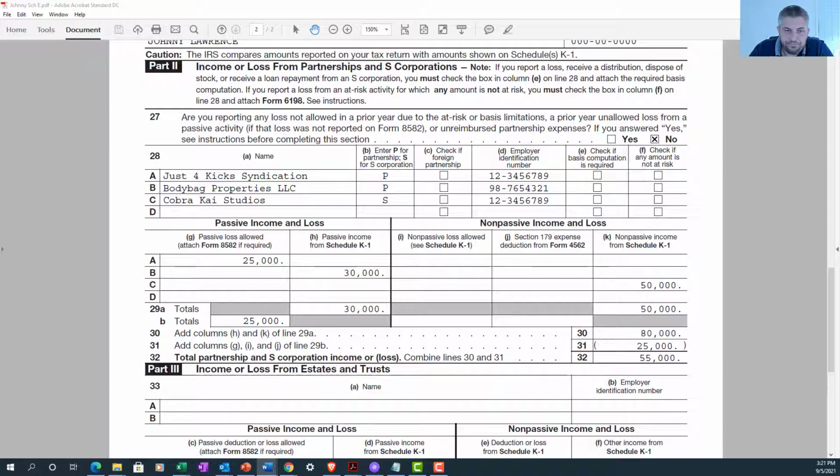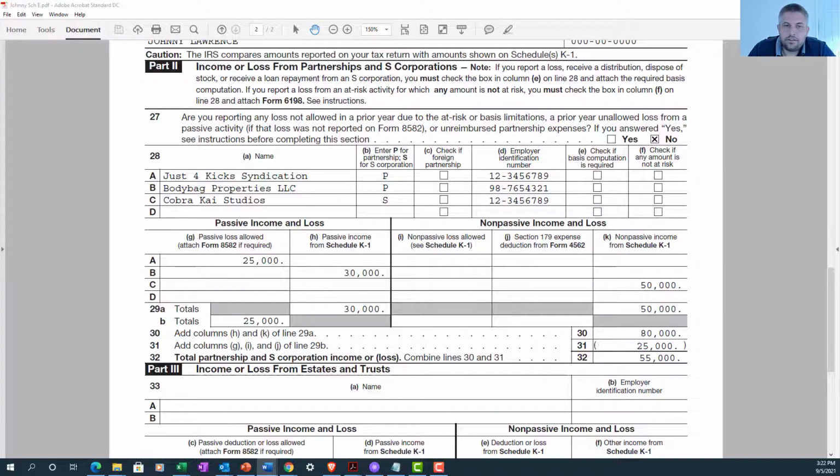corporation. So just as in part 1, you've got the row labels A, B, C, and in this case D, that identify each entity and will carry through down below, where you can tie back the income or loss for each entity above. And again, if you have more than four entities to report here, you just attach an additional Schedule E. Line 28, columns G through K are where you report the items of income, loss, or